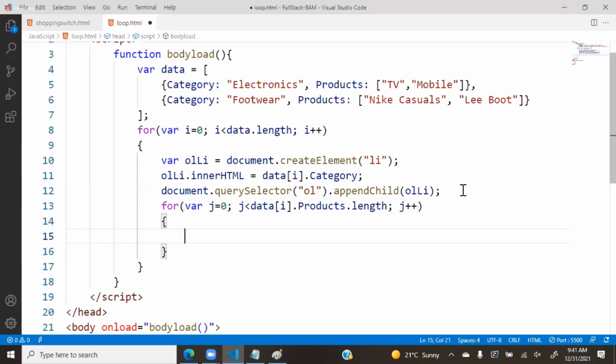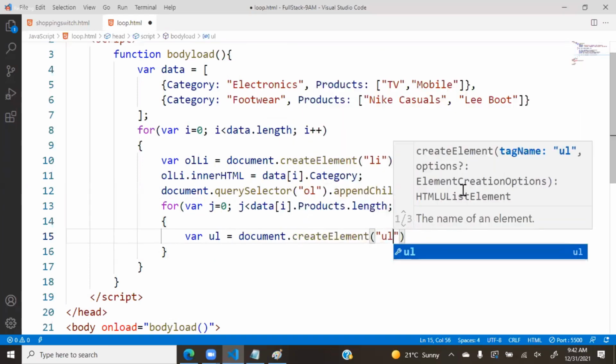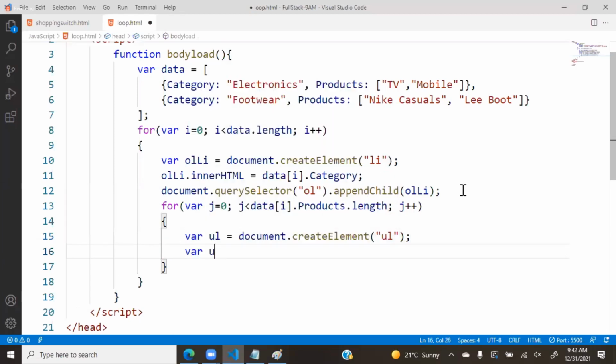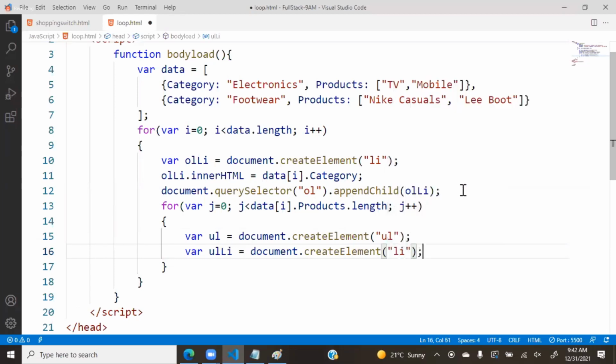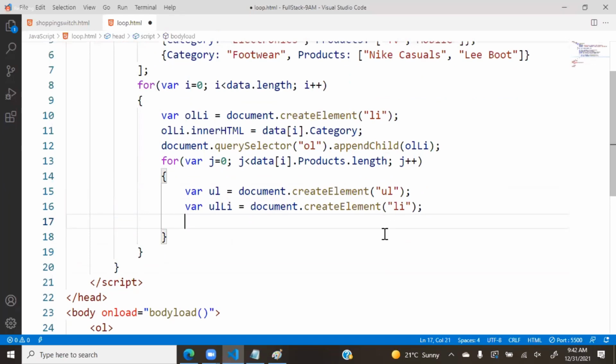Now here we have to create another list item and unordered list. That means ul is equal to document.createElement ul, unordered list. Then ulli is equal to document.createElement list item. In this, we want to display every product that is present in the array. Then we have to write like this: ulli.innerHTML is equal to the collection data of